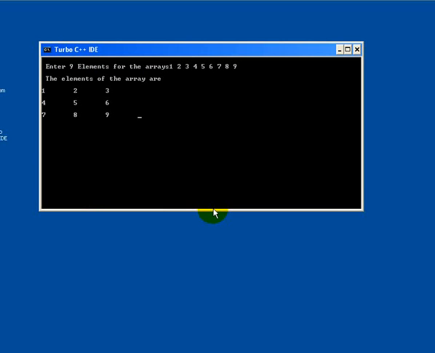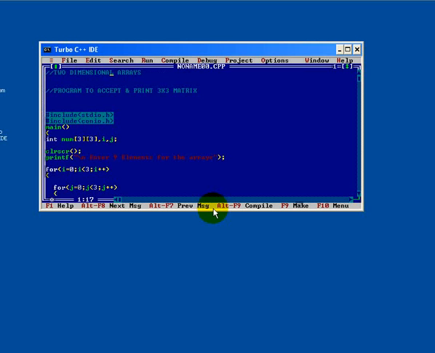Fine. Now we have got the proper output. See, 1 2 3 values are accepted in a row wise position, and then 1 4 and 7 in a column wise position. So in a single variable we are now holding a total of 9 values. Previously we were using a single row of values. So we have created a simple program on how to accept the numbers and print the series of a two-dimensional array. In next